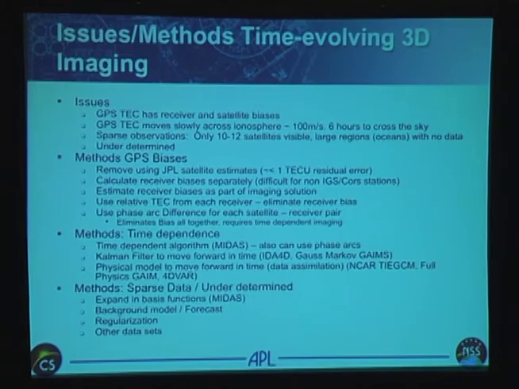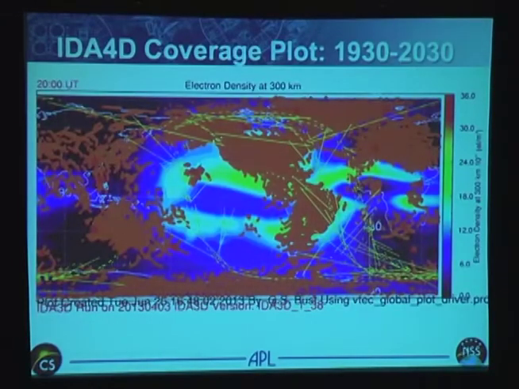Okay, so my algorithm is IDA4D. I use the Gauss-Markov-Kalman filter to go forward in time. I use the relative GPS to get rid of the receiver biases, and I use as much data as I can possibly get, oftentimes without being able to do the quality control I need to on it, but it allows me to look at things. This is an example, fairly recent,